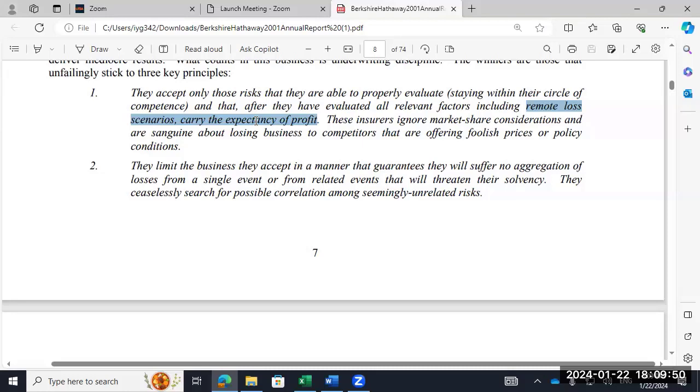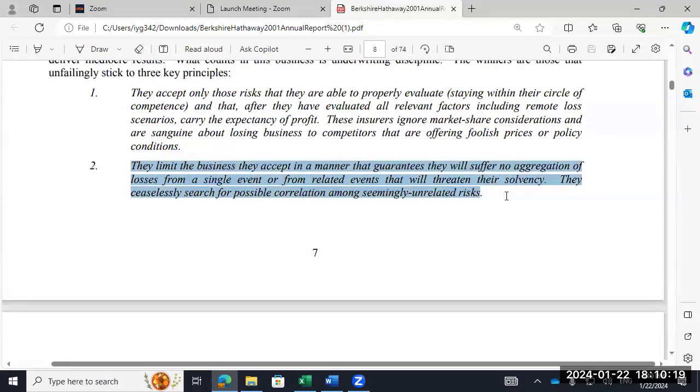So he's saying you've got to look at those tail events, those extreme events. And even if they happen, yeah, you'll lose money in that one year, but over the 10-year period or whatever, you still have a profit. Here's the sanguine attitude: if the market starts mispricing because they're trying to get market share, you say, hey, go for it. You'll all go out of business and we'll pick up the pieces after you're gone. That's that kind of attitude. I don't really think he's sanguine about it, but that's his attitude.